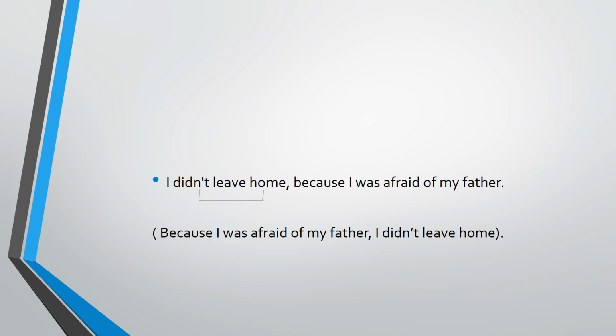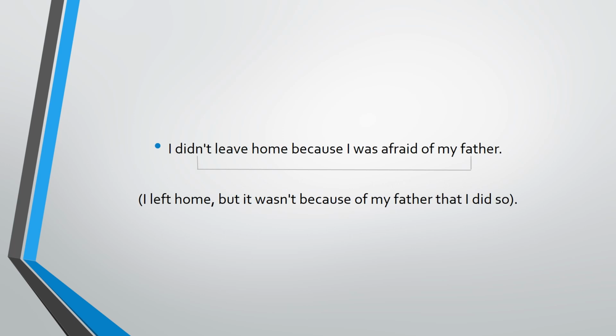So suppose that we are going to include, to put this adverbial clause of reason within the scope of negation. And this way it is going to be what? It is going to take the focus of negation, and it is going to be understood in its negative meaning. The sentence we are going to say, I didn't leave home because I was afraid of my father. Okay? So what does this mean? It means here that I left home. Okay, I left home, but it was not because I was afraid of my father, but because of something